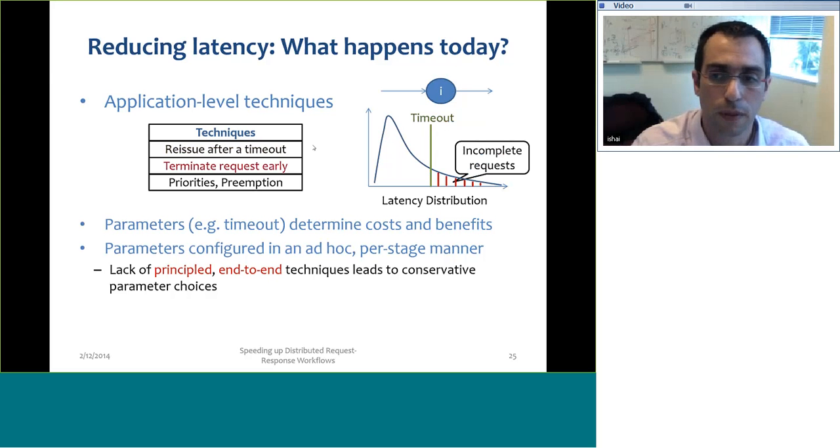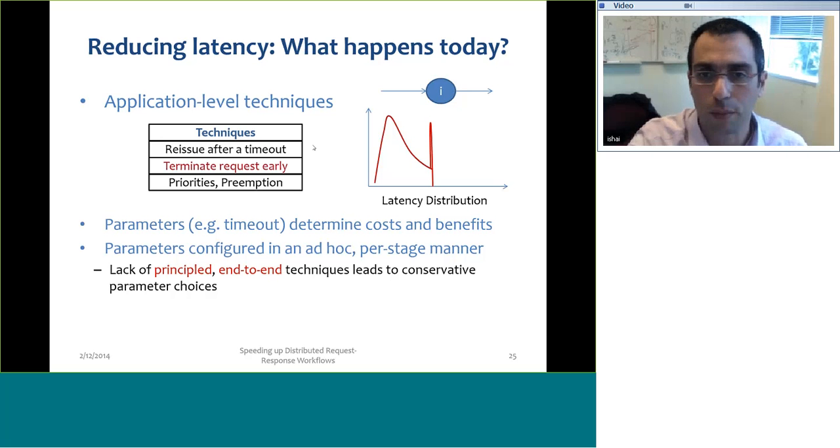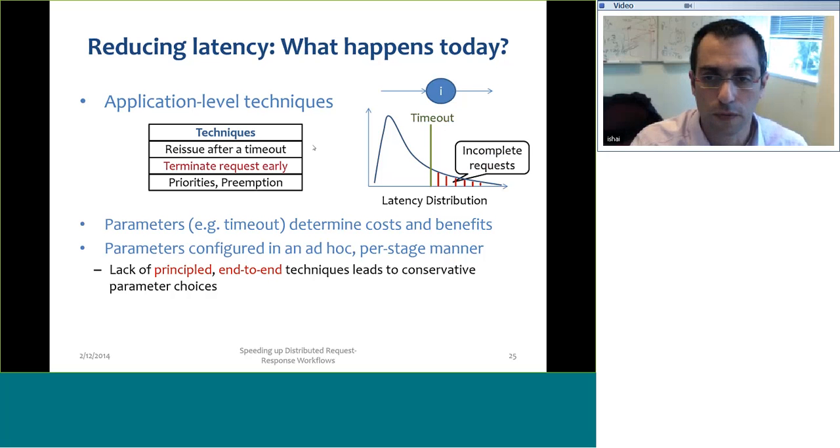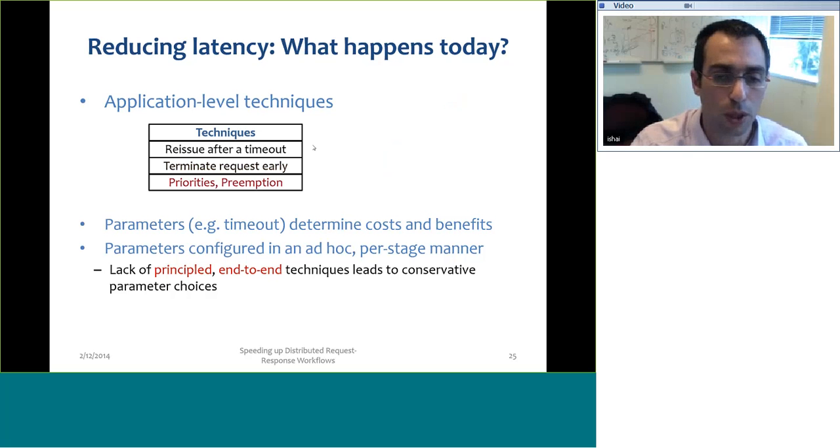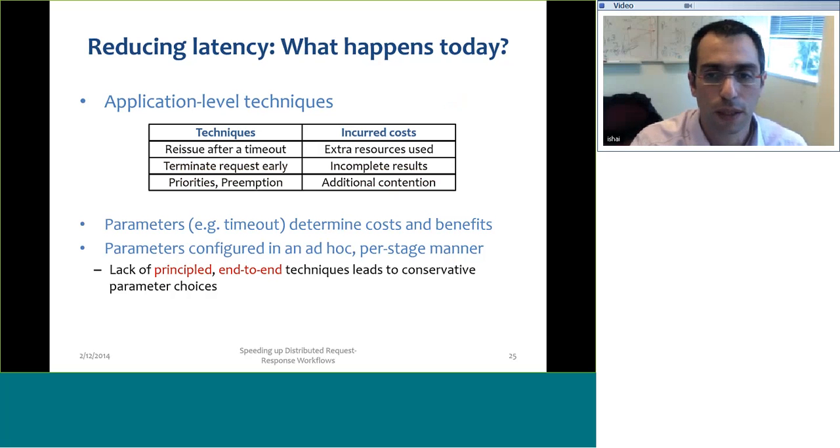And I can live with some incompleteness of the results. Maybe I'll touch on this, although it won't be the emphasis here. Let's say the results are 95% ready, but it doesn't matter. I set a timeout here, a simple timeout for the sake of this talk. And basically, I will also modify the distribution. I will, of course, have the peak around the timeout itself, right? And this is a consequence of setting a timeout on the distribution of the stage latency. There are other actions that I will talk about less: priorities, preemption, and this is the induced cost.